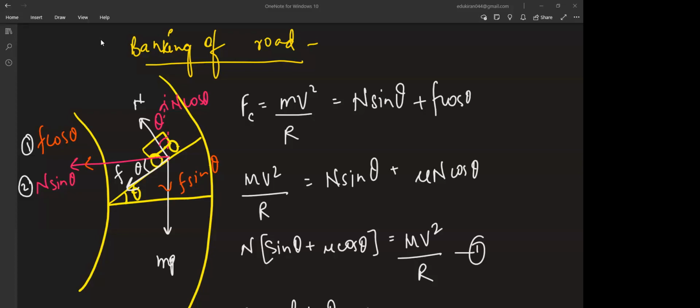Ma'am, in this example, the motion of the vehicle is upwards, right? No, the vehicle is moving forward only. We are not considering when the vehicle is moving forward. Velocity, acceleration, that becomes a different question, right? The vehicle is moving properly on the road. It's just that when you look at the cross section of the road, some roads will appear like this.